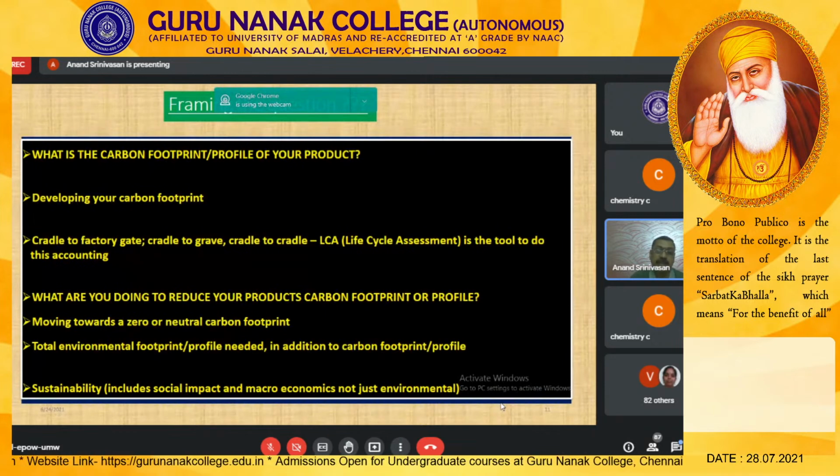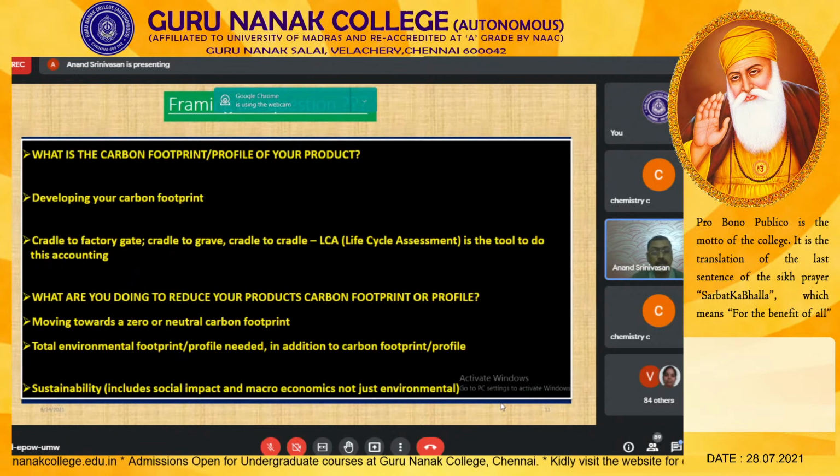So this life cycle assessment is mandatory nowadays. What it says is you have to take the cradle to factory gate. That is where you are getting the raw material. From the raw material it goes to the factory. From the factory, it is converted into a product. From the product, after usage, it is again released to the atmosphere. So for each process, you'll have to calculate the carbon depletion for the unit operation of each process.